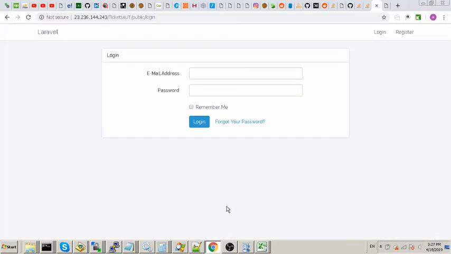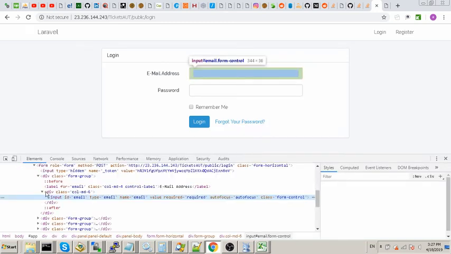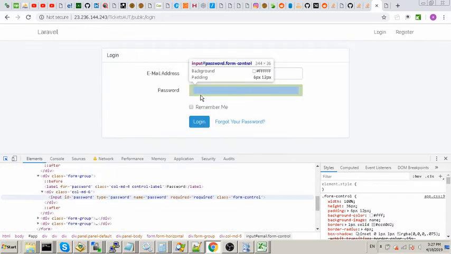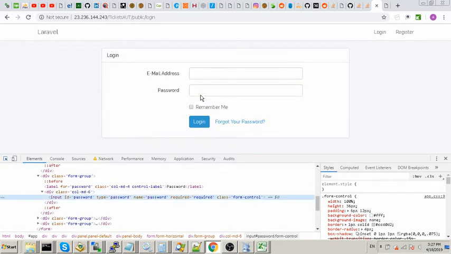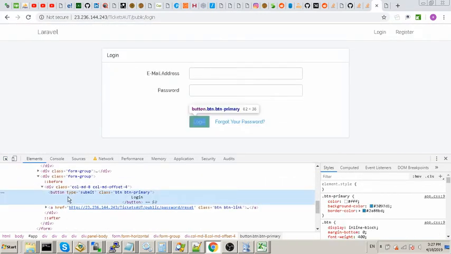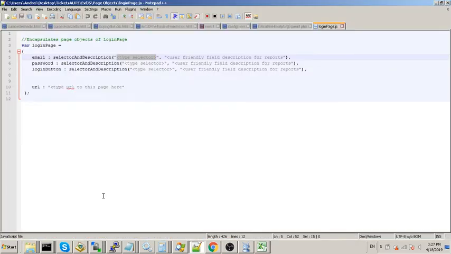So how do I know object ID? I go to Chrome, right click, go inspect, and it will show me this element. So it's input with ID email, password field is input with ID password, and login button is button type submit. Okay, so I'm going back, and I'm going to put CSS selector,